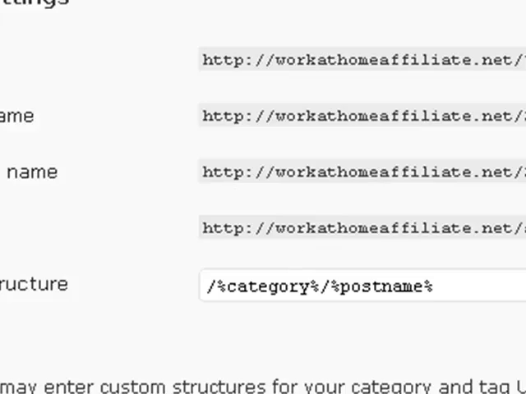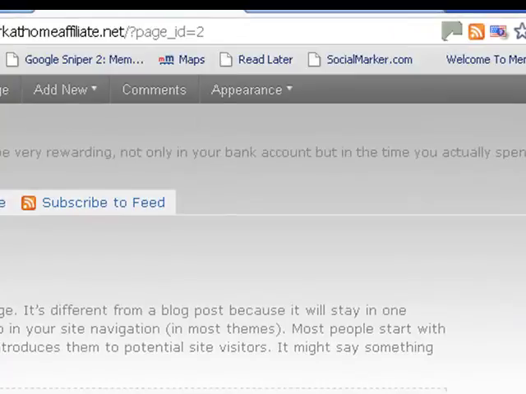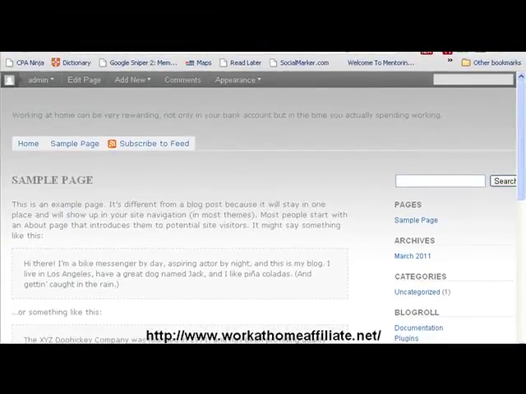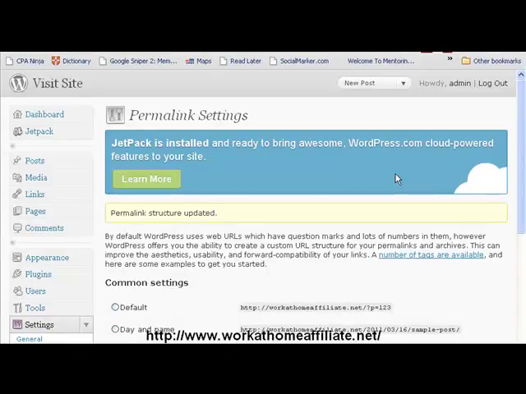So now if I go back to the site, save changes, and just go back to the site now and refresh that, you see it looks a lot nicer than just symbols and zeros and twos and numbers, that sort of thing. Right, we'll go back to the control panel now. So that's changing your theme,